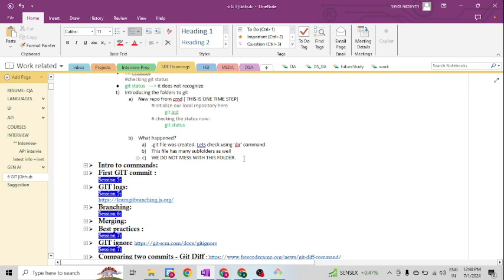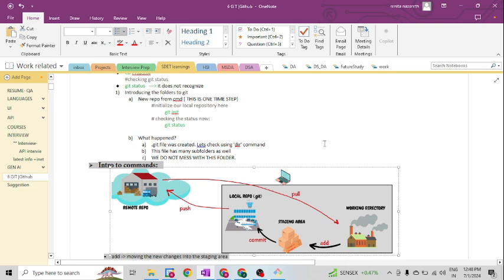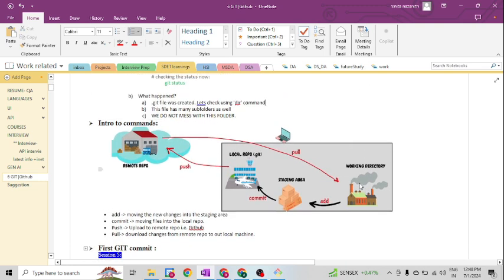Next, before we go and do our first commit, what is commit? And I'll give you an introduction to the commands. If you have gone through my first video, when I explained the version control tool, this was the image, right? But I didn't give these names. So these are the commands that I used. When you add into the staging area, it is called git add, and when the files from the staging area are ready to be committed, I mean you are sure we finished a particular bit or a particular set which can be submitted, you say commit, and that gets into this git repository, meaning the git will start recording it